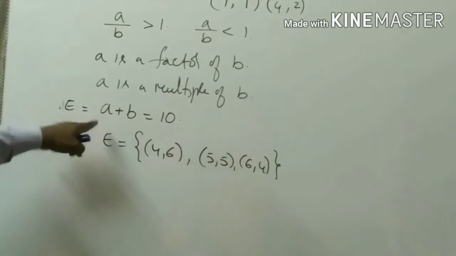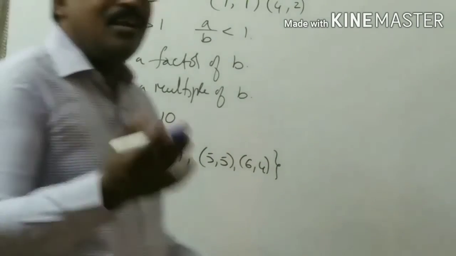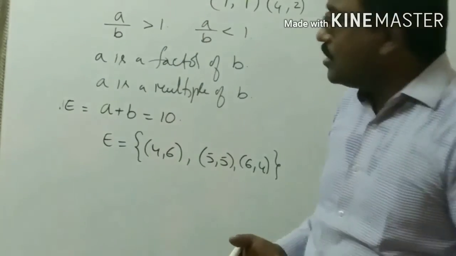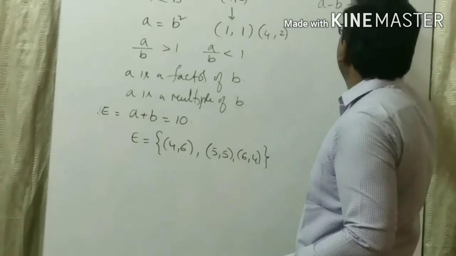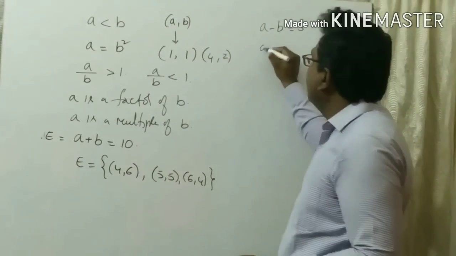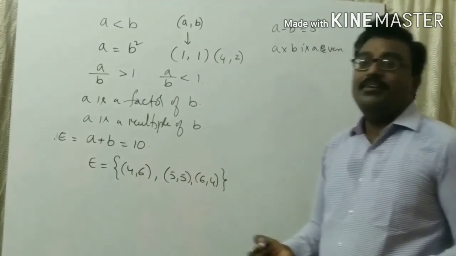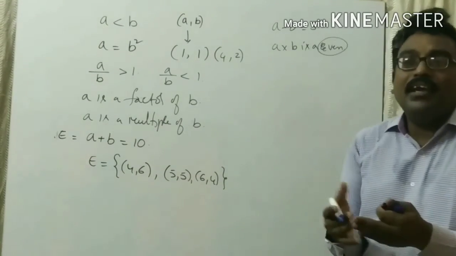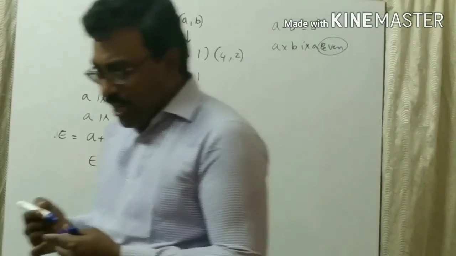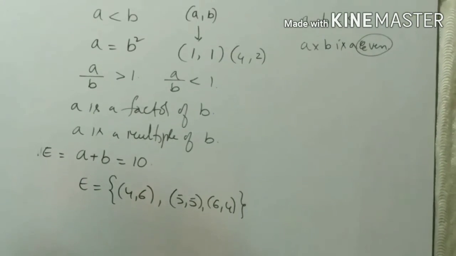Or else, based on this, A plus B is equal to 9, A plus B is equal to 10. Like that, we can write an infinite number of questions. Not only plus, with minus also: A minus B is equal to 5. Or else, A into B is an even number, or A into B is an odd number, or A into B is a prime number. Like that, we can frame n number of questions when a pair of dice is rolled.